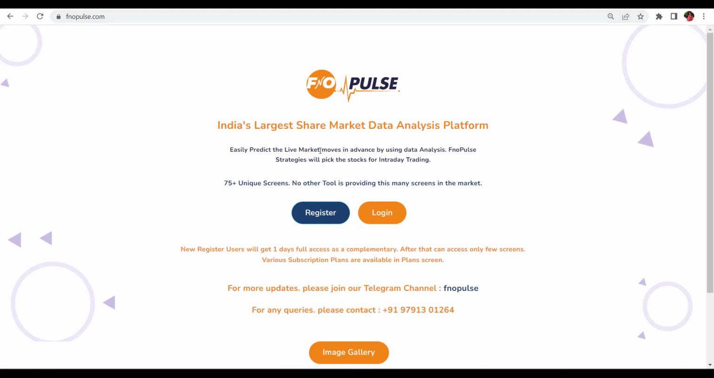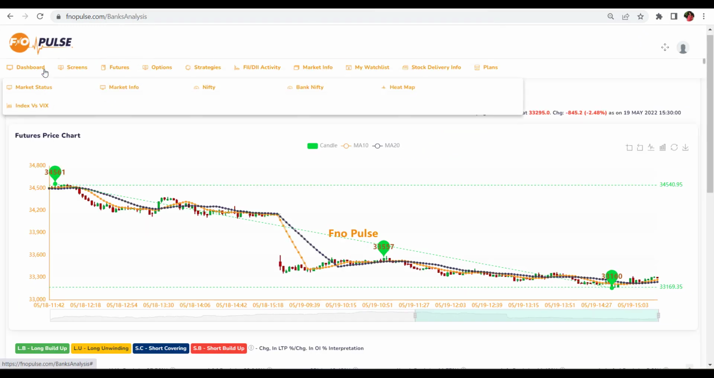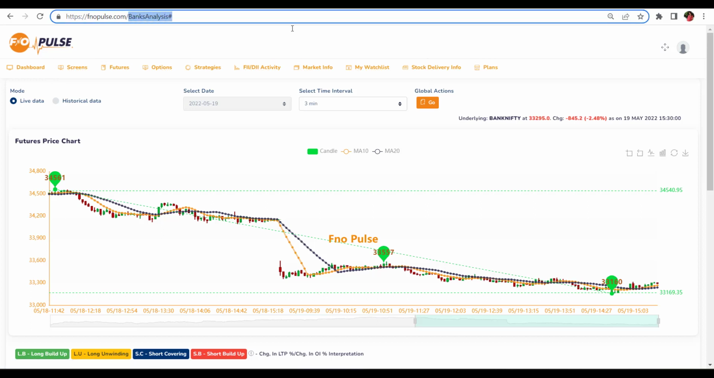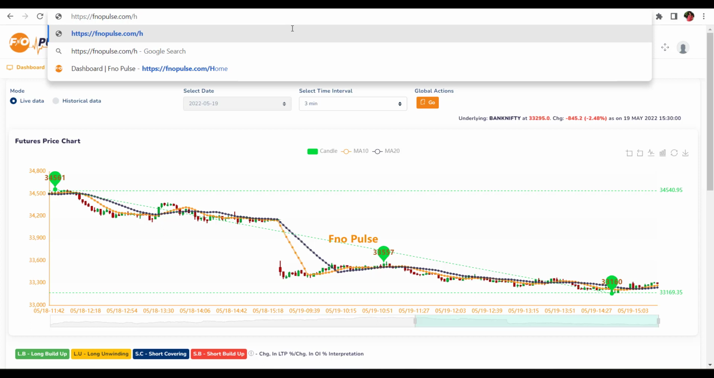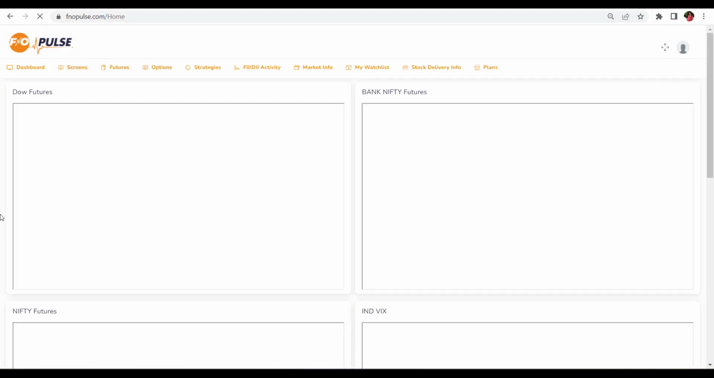This is the login screen. Once you log in, you have to go into dash. It will take you to the home screen. In the home screen, you will be finding the